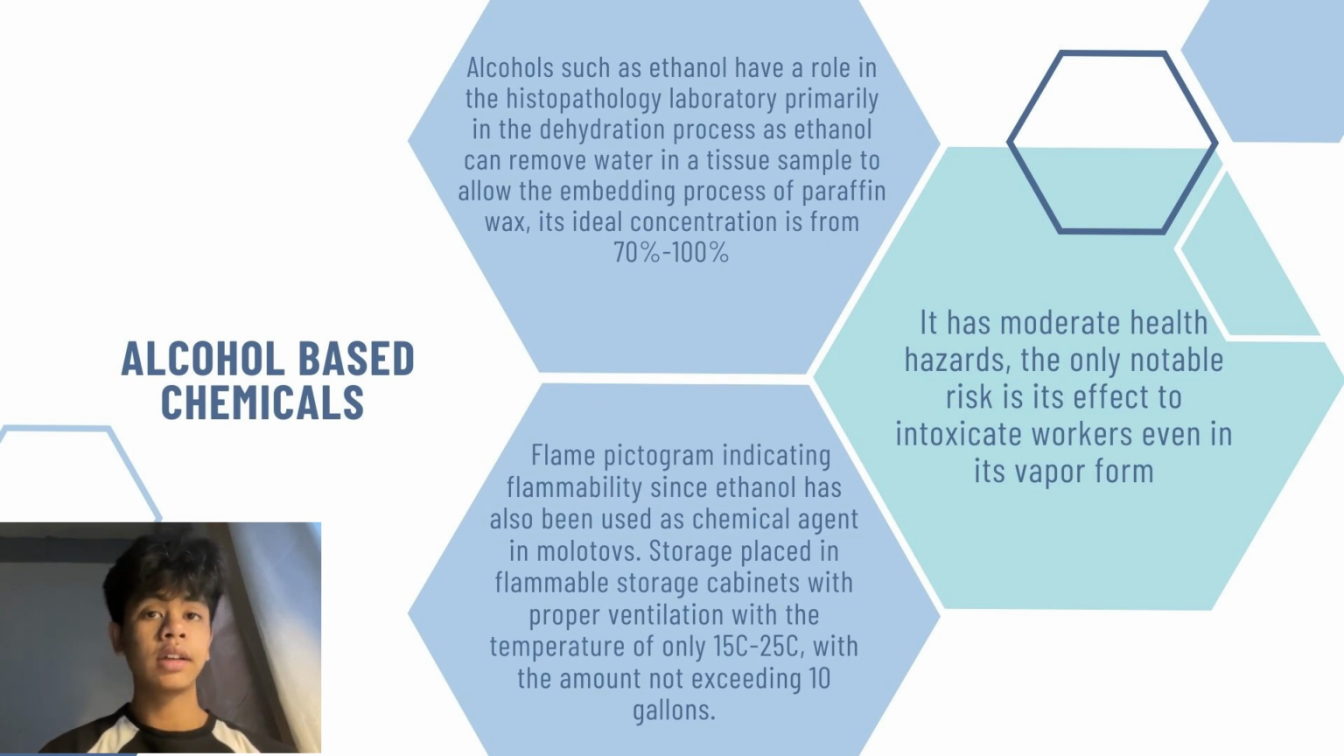The GHS label for ethanol is the flame pictogram indicating flammability, since ethanol has also been used as a chemical reagent for Molotovs, and the exclamation mark indicating its potential acute toxicity and organ toxicity, particularly the brain and the liver. Storage for such chemicals must be placed in flammable storage cabinets similarly to our xylene, with proper ventilation to